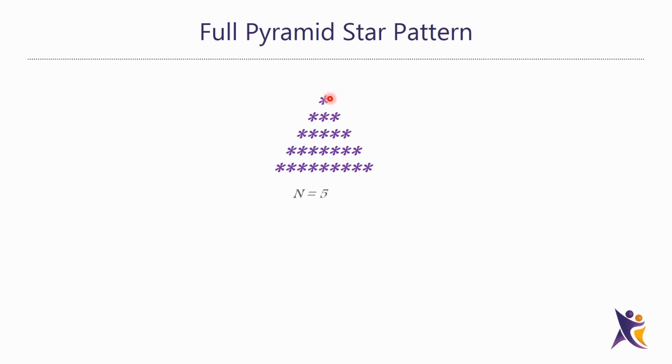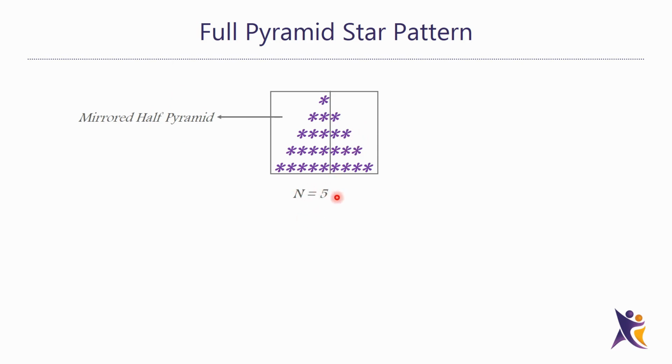If you see here, the first star, and if you draw a straight line like this, then we can divide the entire full pyramid into two parts. This is the first part, this is the second part. If you closely look, this first part is nothing but a mirror image of the half pyramid, isn't it? And this one, if you see this one, it is nothing but a half pyramid, but it's not of size 5.